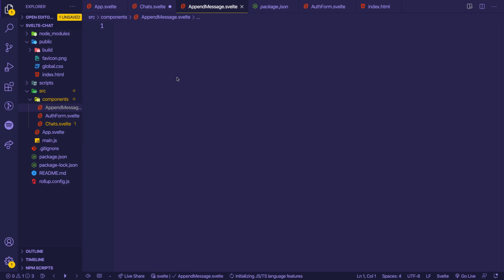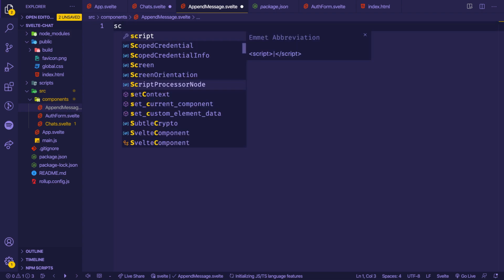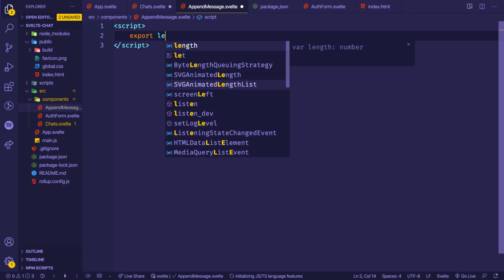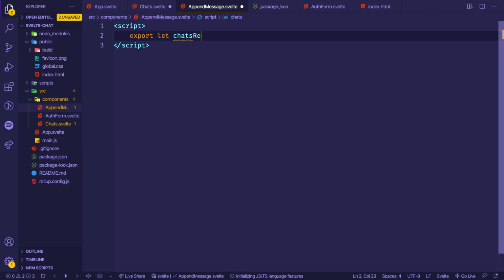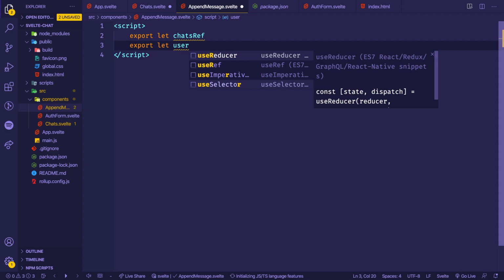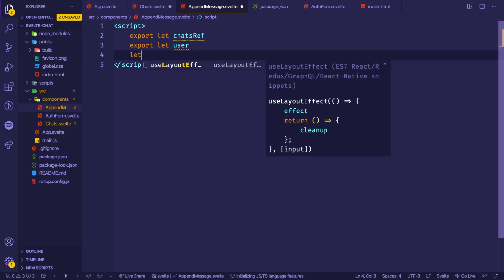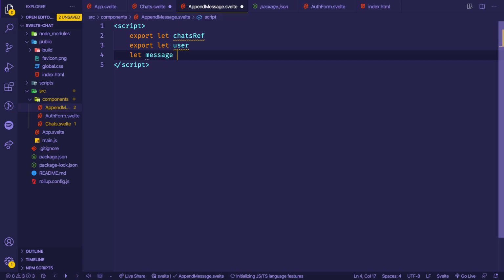This component will take care of adding new messages to the chat. So we are going to add a script tag, and export the chatsRef. We are going to require that property from the parent, and we are also going to use the user here. We can start by declaring the message. This is what we are going to update every time the user types into the